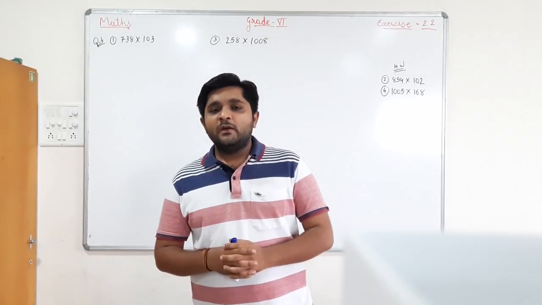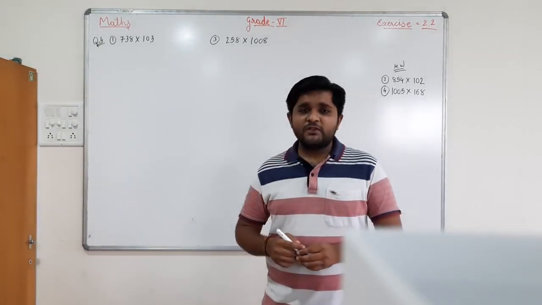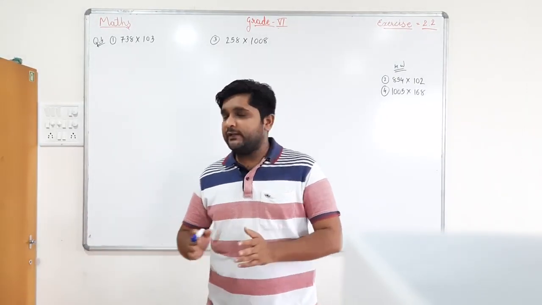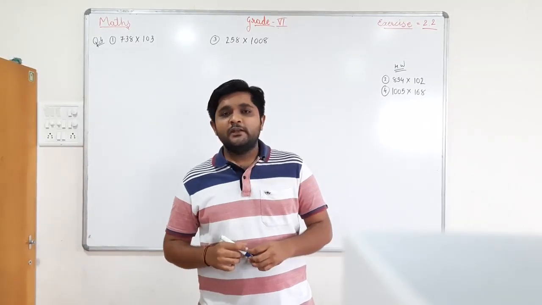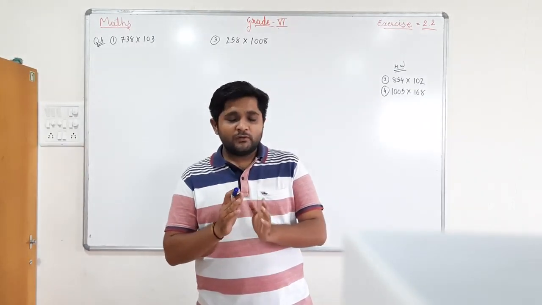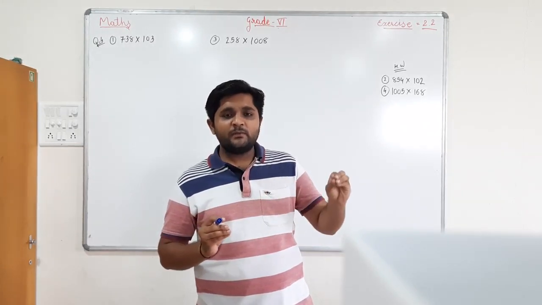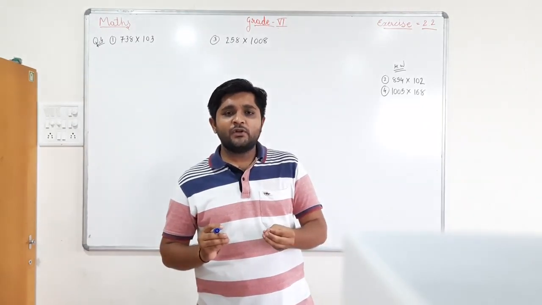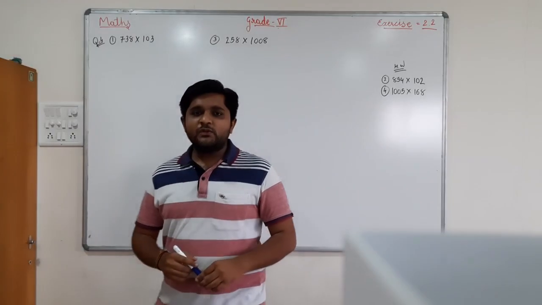So today we are going to start from question number 4. Question number 4 is: find the product. We have to find the multiplication of the given numbers without direct multiplication. Here we do not do the direct multiplication, but we have to use some properties, and then do the multiplication with the use of the properties. Let me see which property we can use over here.